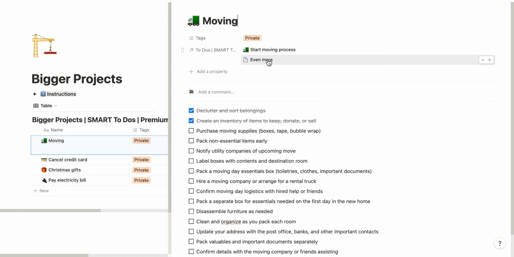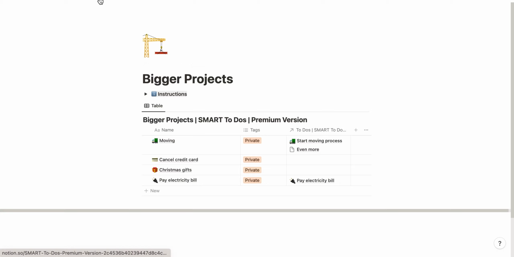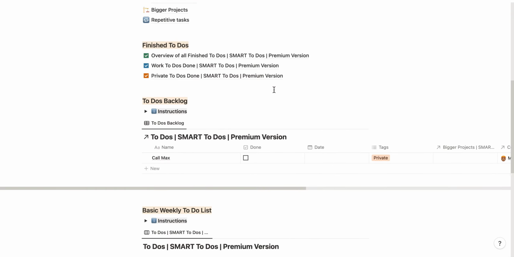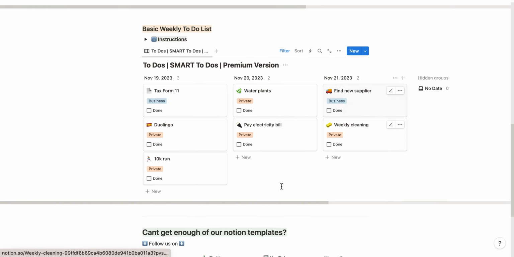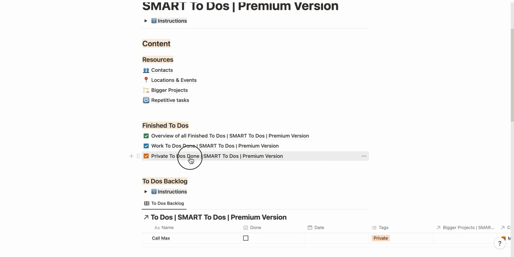And you also can see those to-dos where you worked on this bigger to-do, which is pretty cool because then you kind of get an overview and you don't have to create the same stuff all the time, which is pretty cool. Another pretty cool feature is if you, for example, decide, so I go into the private to-dos